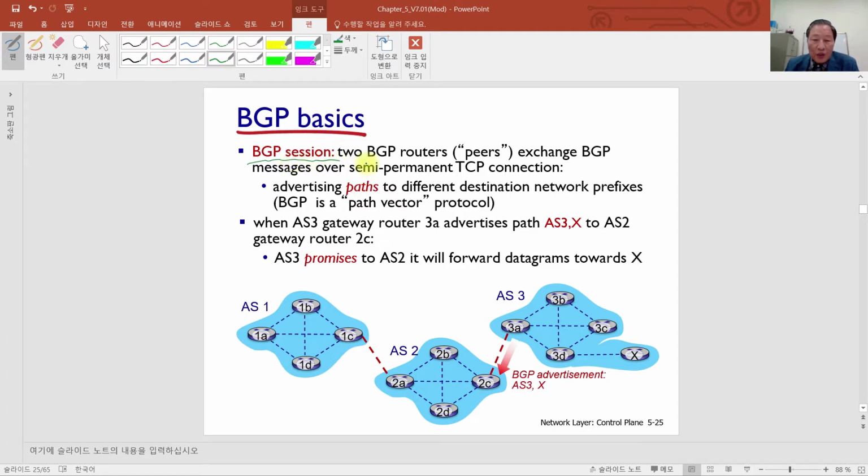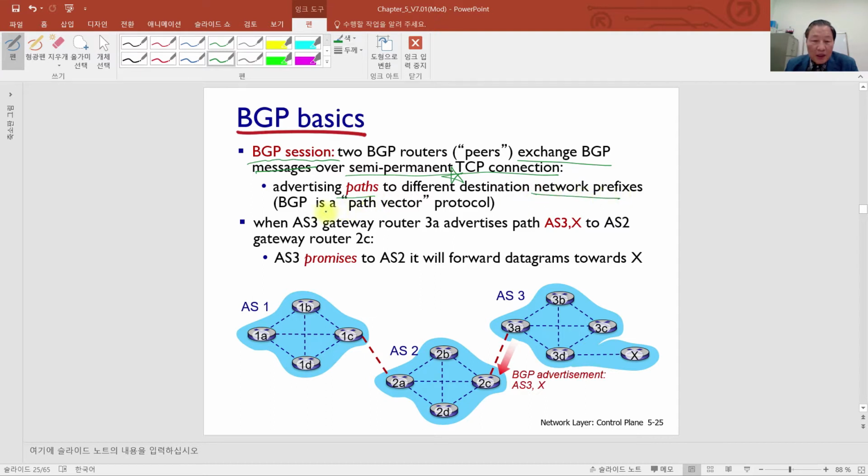BGP session: two BGP routers exchange BGP messages over a semi-permanent TCP connection. This one is using a TCP connection to exchange that BGP information, exchanging those BGP messages. And advertising paths to different destination network